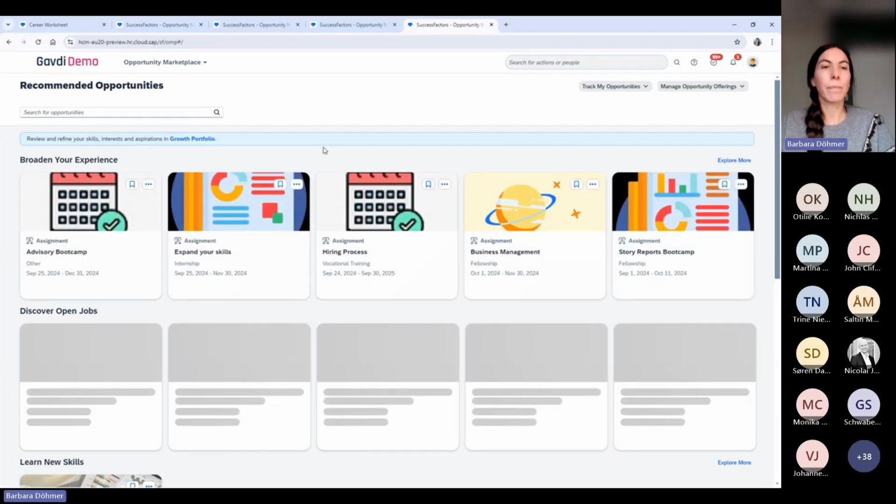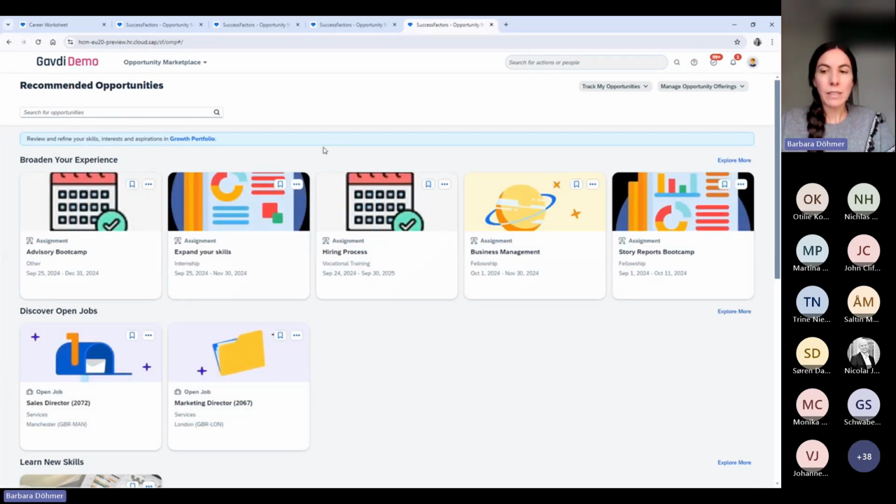There we go. One of the last things that I want to say about the marketplace, and as you can see, it's a very straightforward solution. Perhaps it's not as big as a SuccessFactors module, but it's bigger than just a feature.